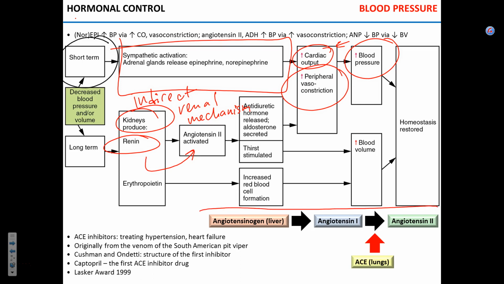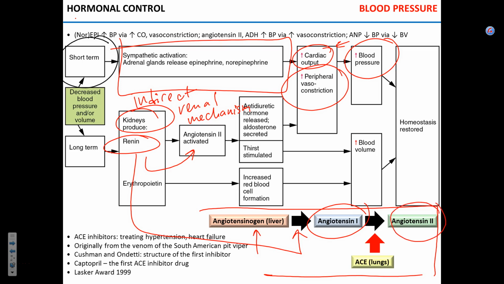So here I place the picture how it works. Angiotensin is produced from angiotensinogen. Angiotensinogen, produced by a liver, is converted by renin into angiotensin 1. Angiotensin 1 is converted into angiotensin 2 in the lungs by